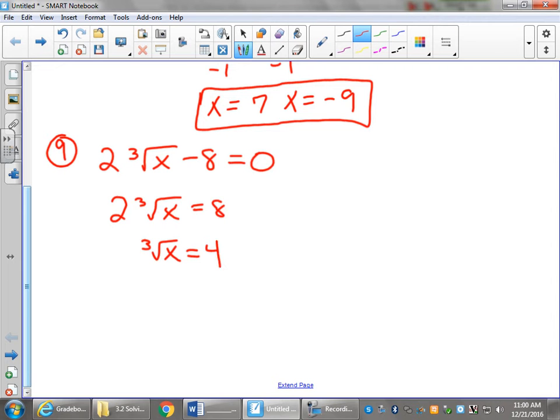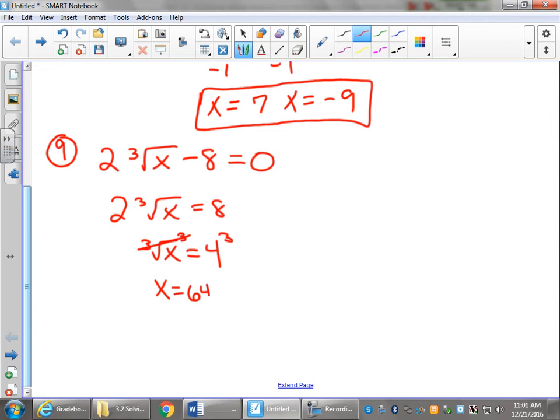And how are we going to get rid of a cube root? What would be the inverse of a cube root? Raise it to what? I heard 1/3 and I heard 3. Which one is the correct answer? No. This is already 1/3. Okay? Cube root is a 1/3 exponent. So what would be the inverse of a cube root? Cubing it. You're raising both sides to the 3rd power, not the 1/3. And I'll show you why off to the side in a second. So these are going to cancel, and we're going to get x